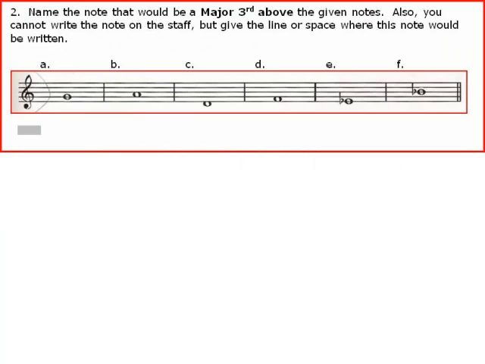Okay, here's 8.2. I think this is the right one. You're asking for a major third. So in a way, this is easier because you're going to do 3 that are the same. Major third is 4 half steps. This one is in treble clef. And I believe you just have to do A, B, and C. So you are finding a major third